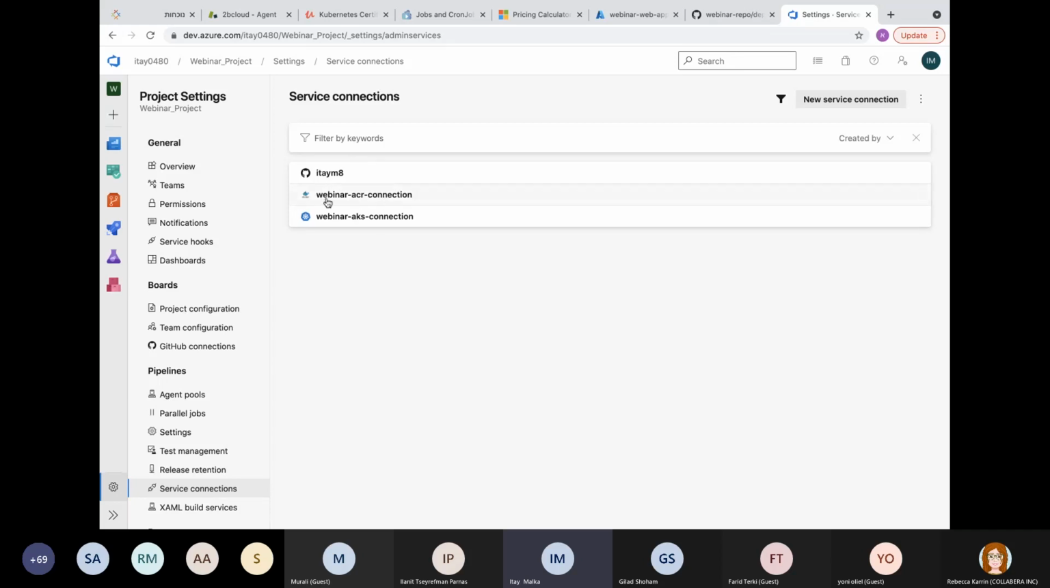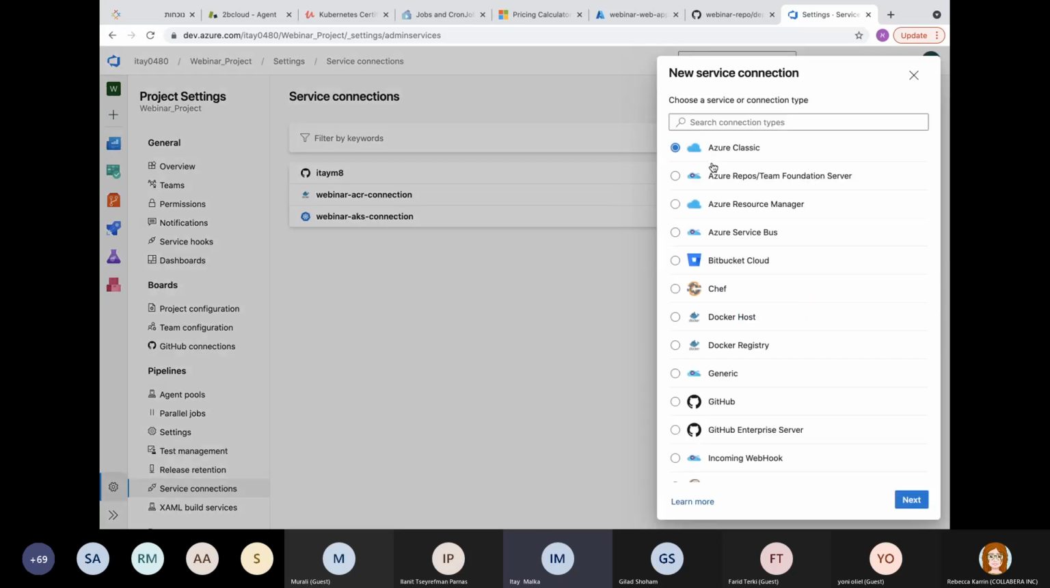Next, we can see here the webinar ACR connection, which represents the permission to the Azure Container Registry. And the last one is so that the Azure DevOps CD pipeline will be able to deploy on the Kubernetes, on the AKS cluster. So we actually have to create a service connection. How can we create a service connection? When we click on new service connection here,